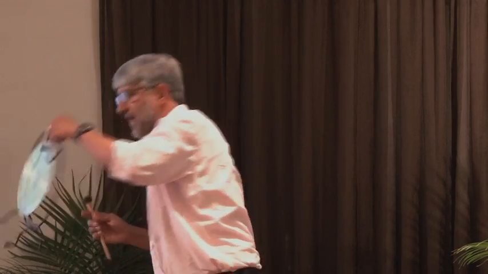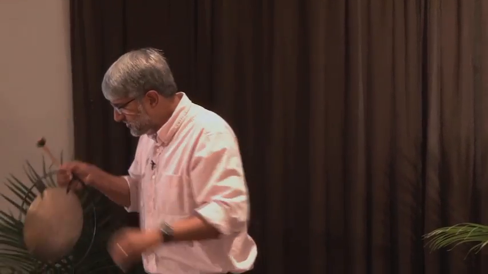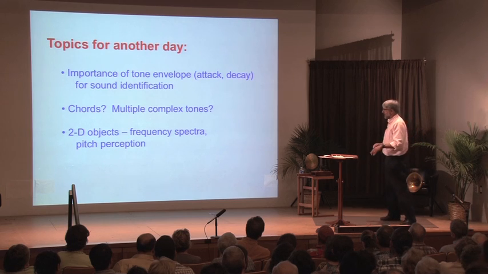Why is it that when I strike a lovely two-dimensional object, we hear that, and our brains desperately try to kind of make a pitch out of that, yeah? And you say, well, sort of, right? And that's because two-dimensional objects have much more complicated frequency patterns. They don't fall into this familiar 1 to 2 to 3 range. So our brains are trying to find a pitch there, but the different frequencies that are present don't fall into that pattern. And things like drum heads and other things make it more complicated.